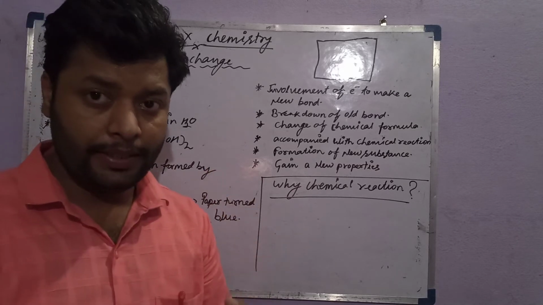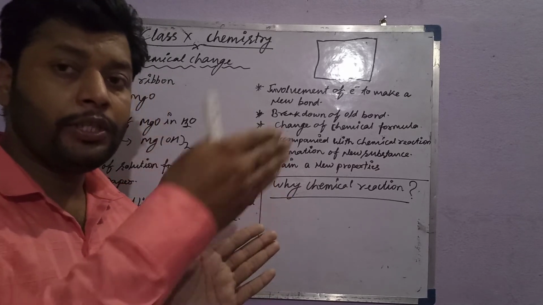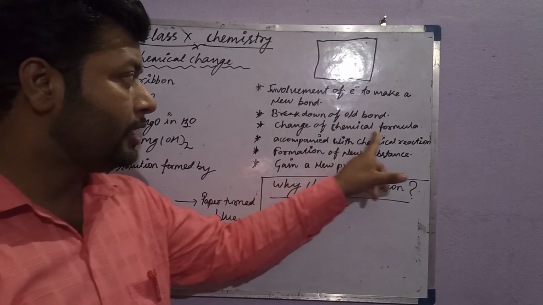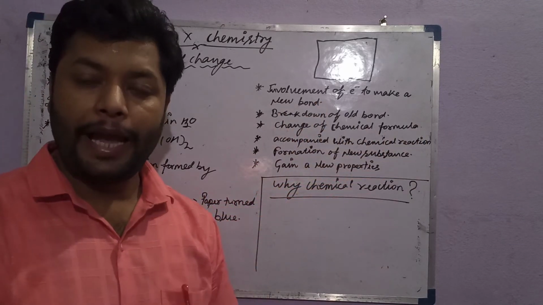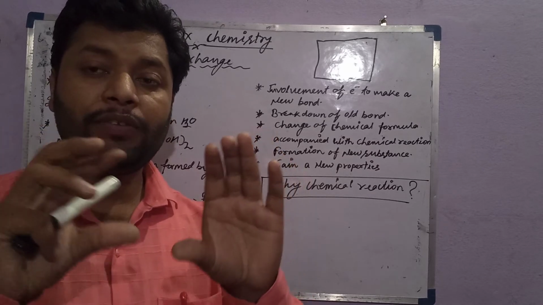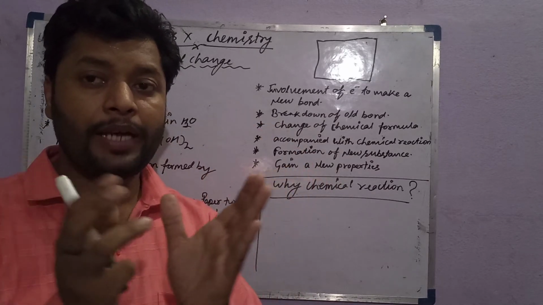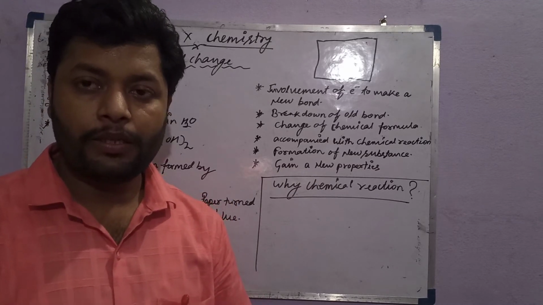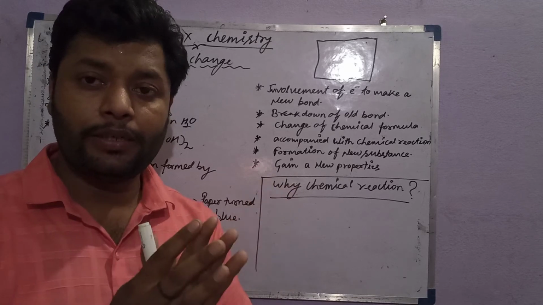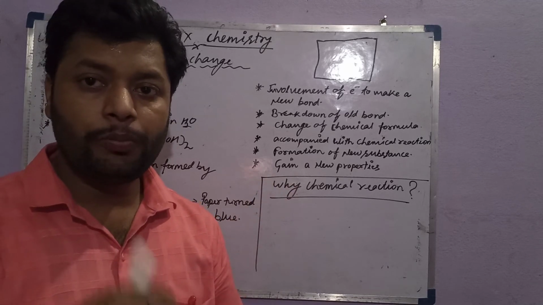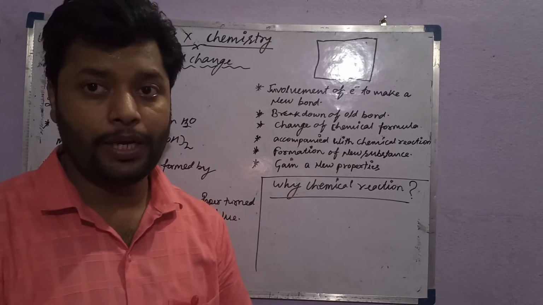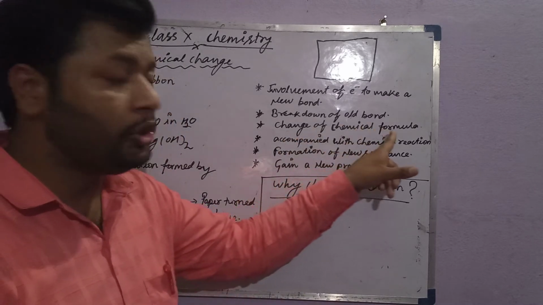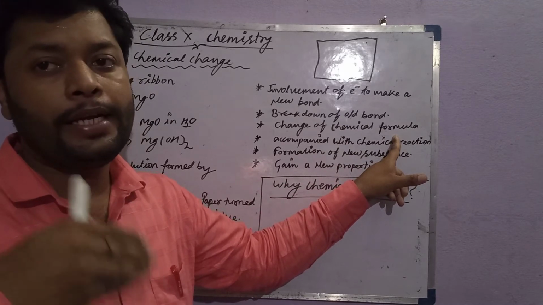First the old bond breaks down, then electrons get involved, and then the material changes into the new formation, a new bond, and there is a change of chemical formula. A formula is based on the different arrangement of atoms with a different bond, called a chemical bond. Different atoms or molecules bonded together by a chemical bond make a formula. And this formula has to change because the bond has already changed.